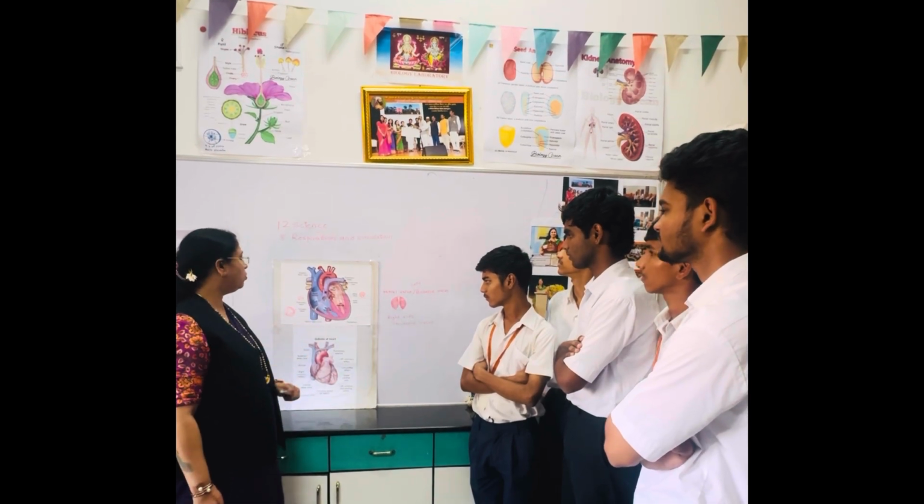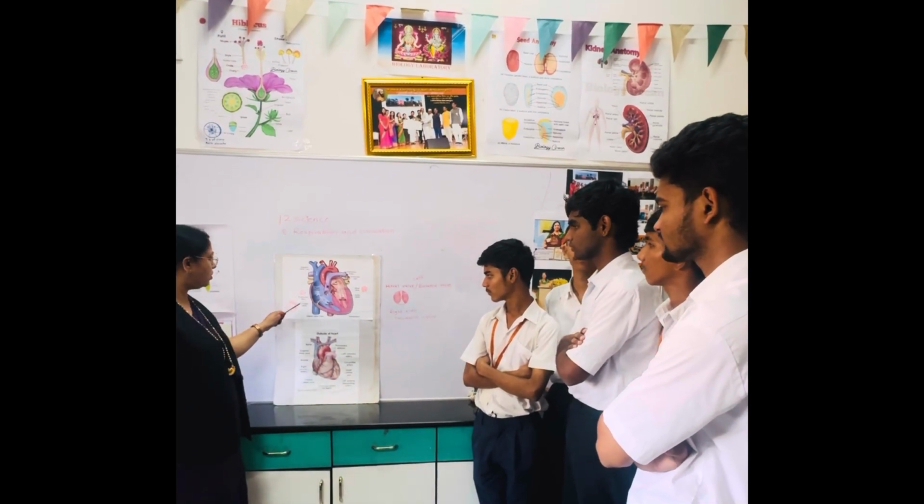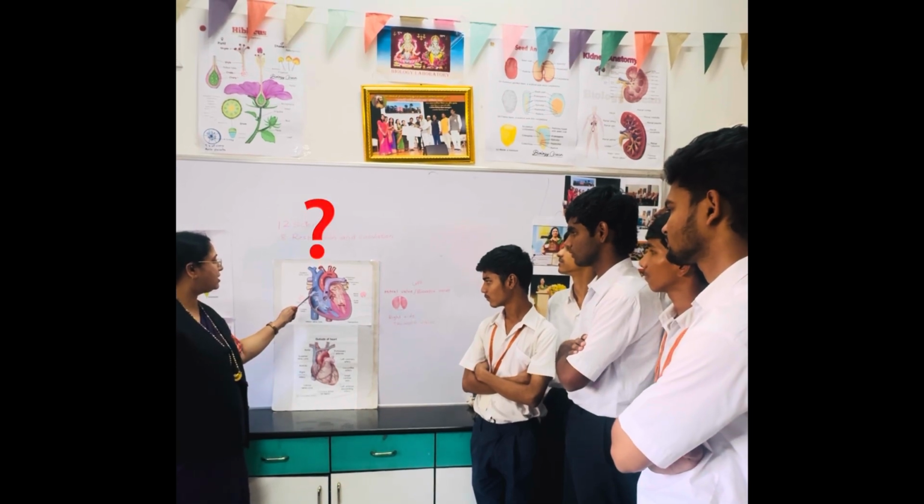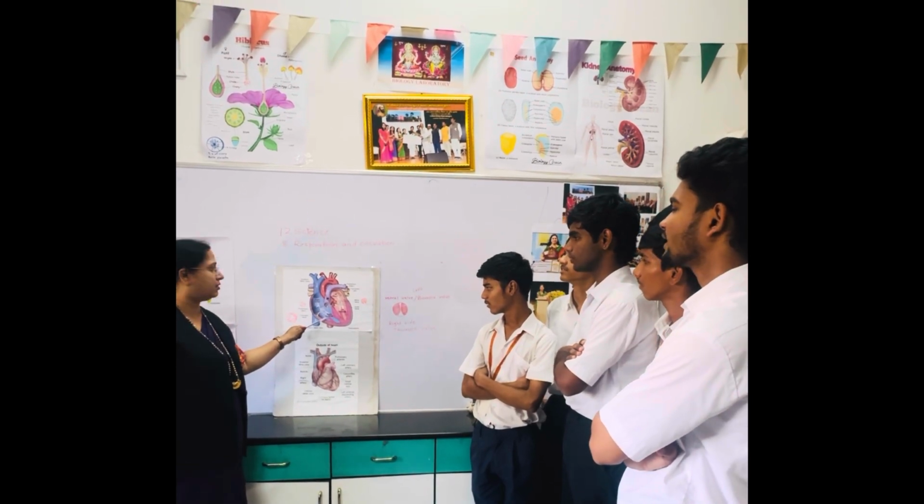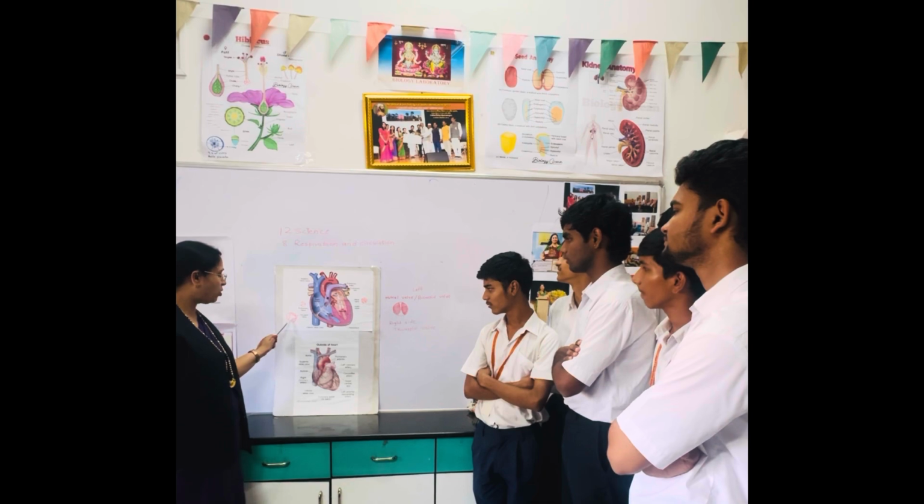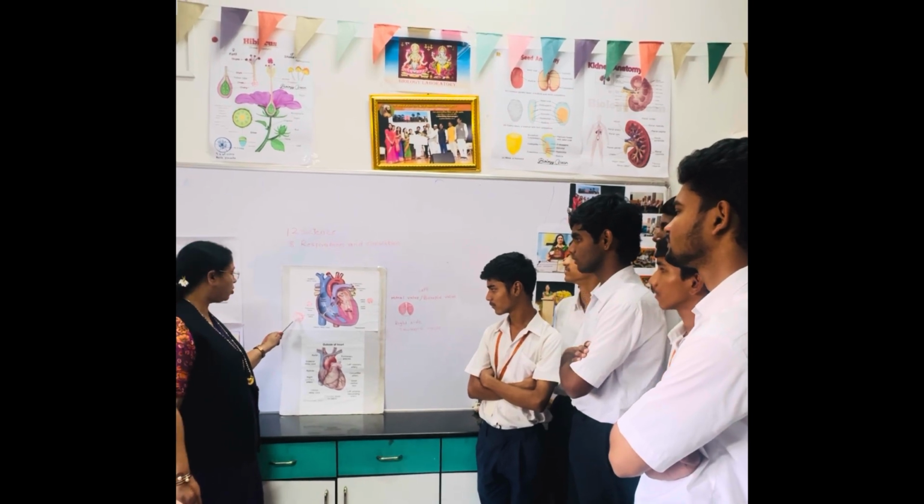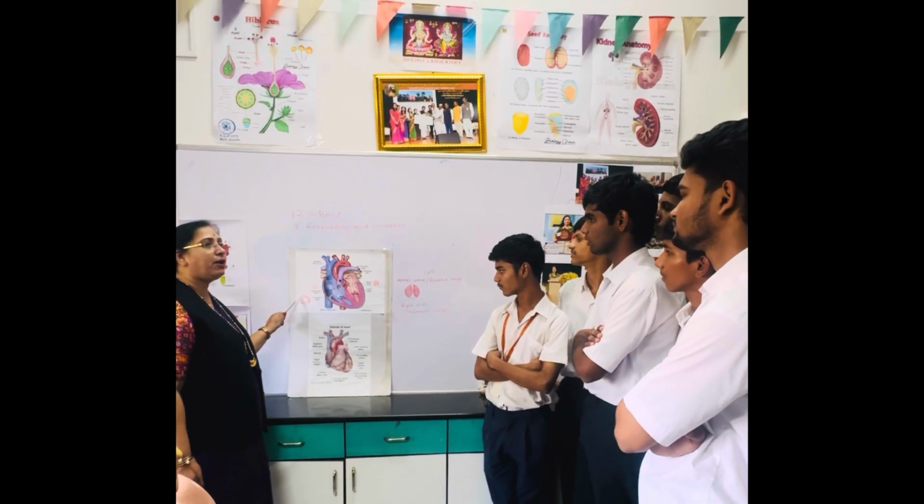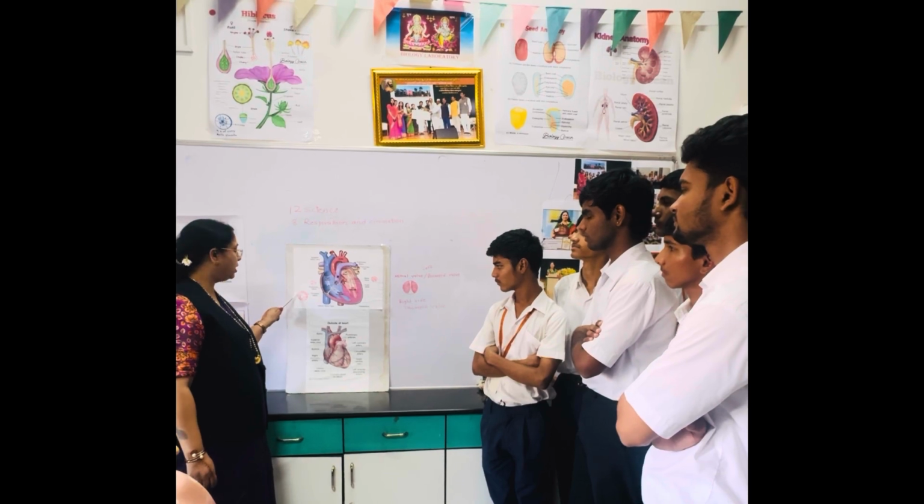Very good. Now second question, which valve is present between the right atrium and right ventricle? Tricuspid. We call it a tricuspid valve because there are three flaps which control the opening and closing